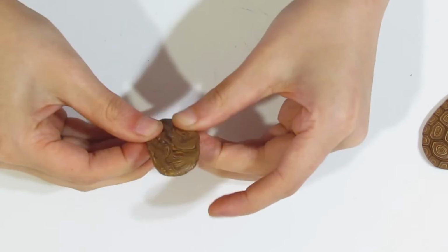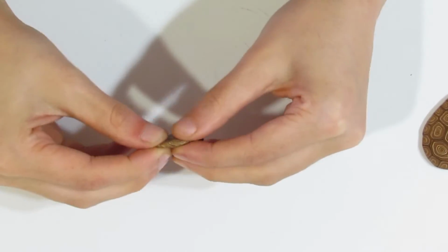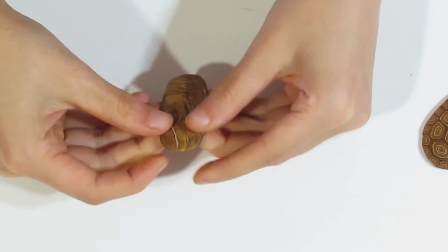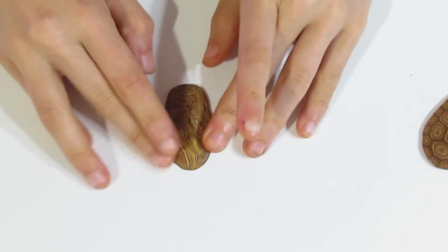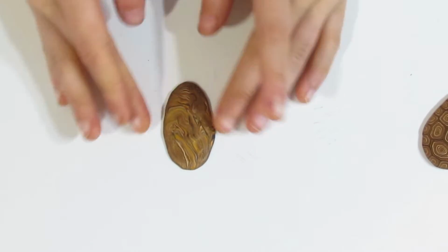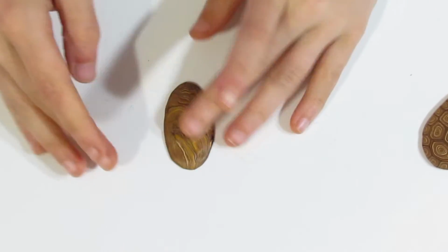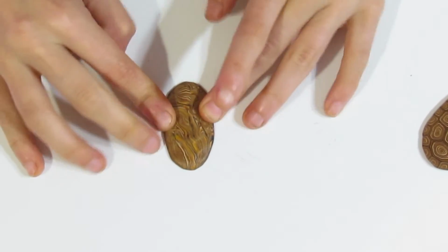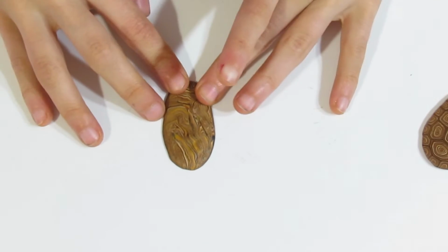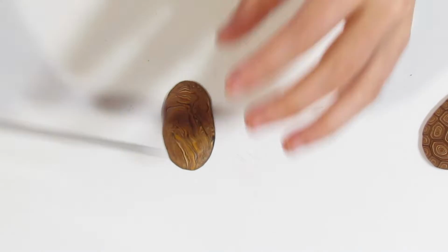And then we will put our shell piece over the top. Now these sorts of canes, they can be a little difficult to slice by hand. You can slice them by hand, of course, but generally with those ones I would recommend, if you're making a lot of them anyway, getting something like the Lucy Clay slicer. It just makes slicing them a lot easier. Okay,